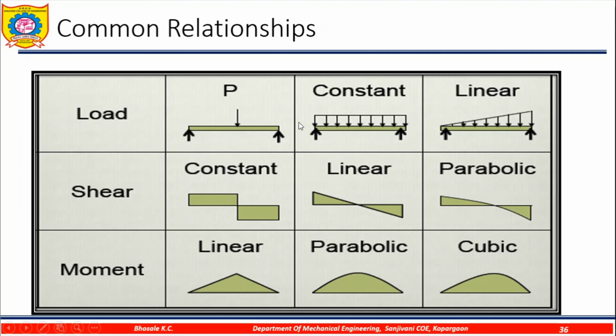As we are seeing in the previous table, if a point load is there, then the shear force diagram will be a constant, horizontal line. Similarly, for the bending moment we have to draw an inclined line. If a UDL is there between 2 points, the shear force will be shown with an inclined line, and the bending moment by a parabolic curve. Similarly, if a UVL is there, we show a parabolic curve for the shear force diagram, and in the case of bending moment, we show a cubic curve.